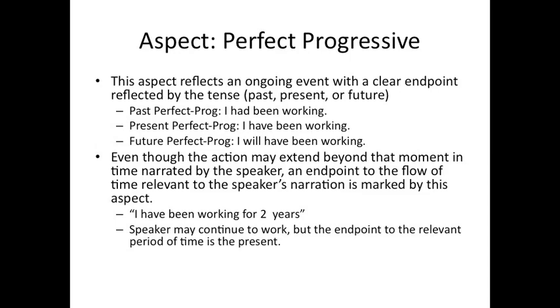And then you have the past tense of to be, which reflects the perfective aspect, something ending. And then you have your progressive ing on working. Now you look to future perfect progressive. Will have is future, so that's where you get your tense. The past tense of to be, been, reflects the perfective aspect. And then the ing on work reflects the progressive, something that's ongoing.